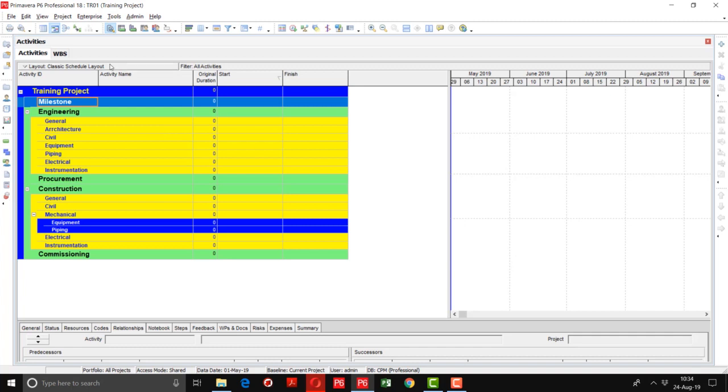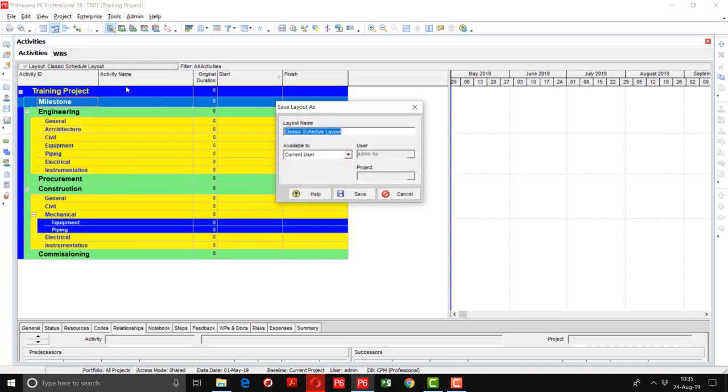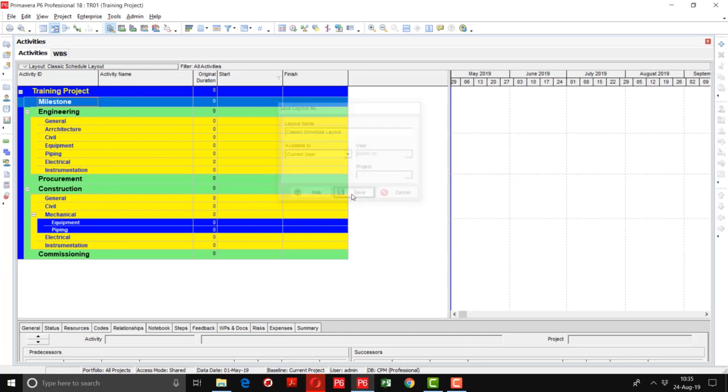The other thing is that there are different kinds of layouts. I will explain the layouts later on, but whatever you have displayed here in the columns, just save it. I will explain the layout discussion later on. So now we are going to